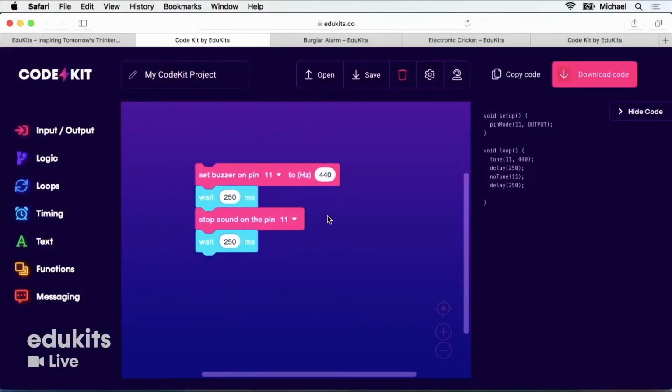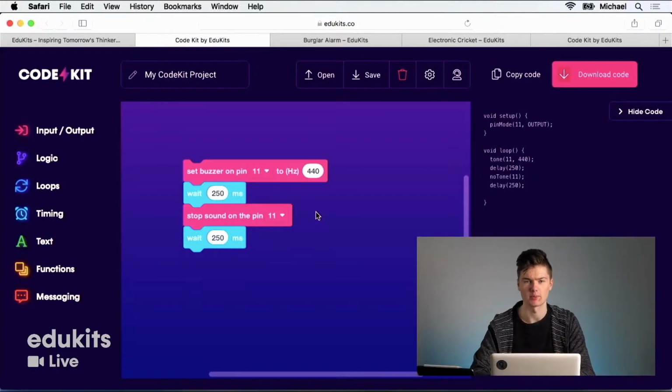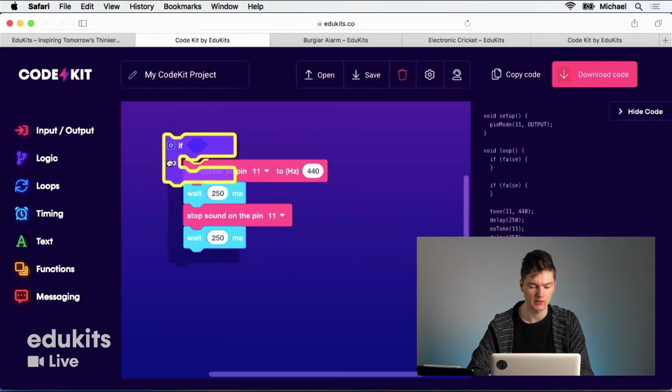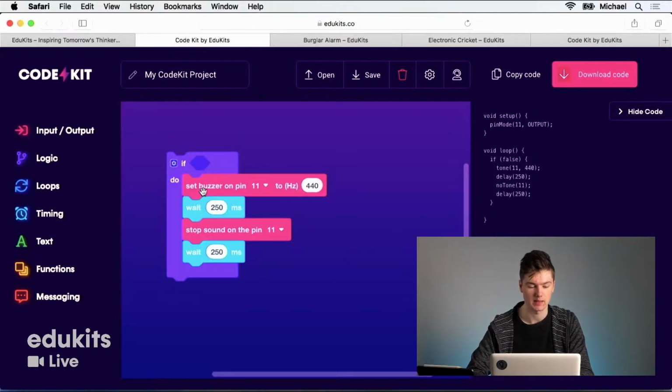So you can see that we have this buzzing noise, and it's annoying, but it is going on all the time. So we need something to trigger it only when there's someone walking past, which is really the beauty of it. The first thing I want to do is go into logic. Now, we can find an if block, and if you drag this over the top of the blocks you currently have, you'll notice a little yellow divider line appears over the top. And you can also see a shadow wrapping around the entire set of blocks. And if you drop that there, it'll snap around the other blocks. And what this means is that all of the blocks here will only run if a certain condition is met. That's what the if part means.